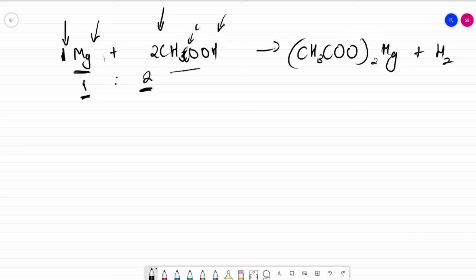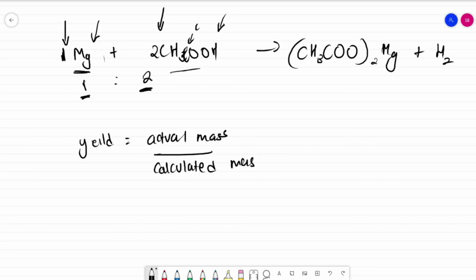The next thing we need to have a look at is percentage yield and purity. Percentage yield is simply the yield, that is the amount of a product obtained, and you can calculate this by the formula: yield is equal to the actual mass over the calculated mass. So actual mass over the calculated mass,